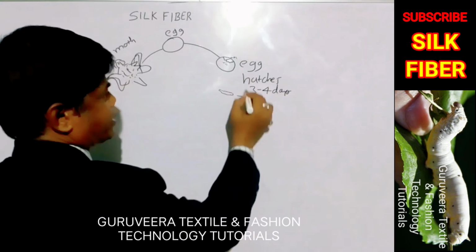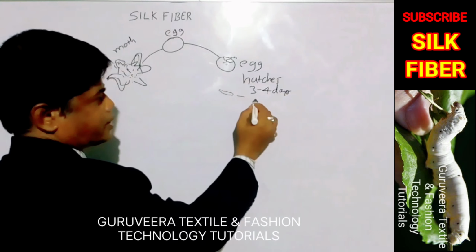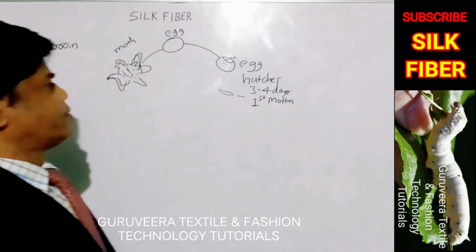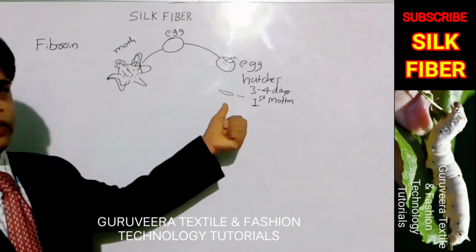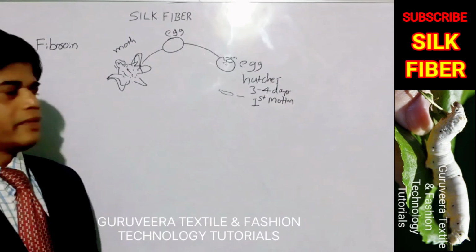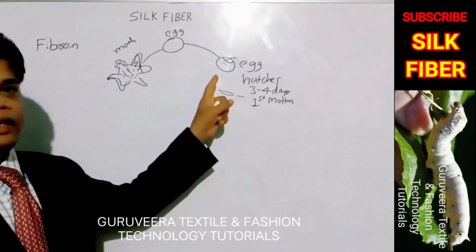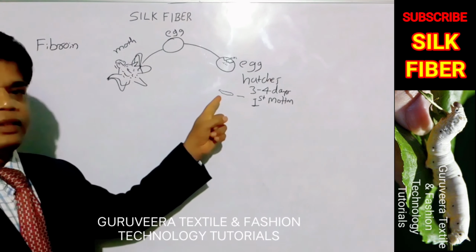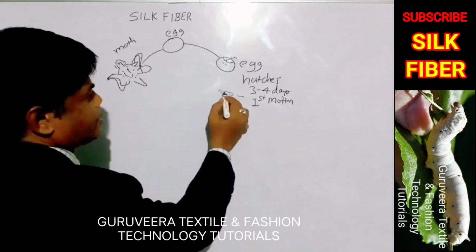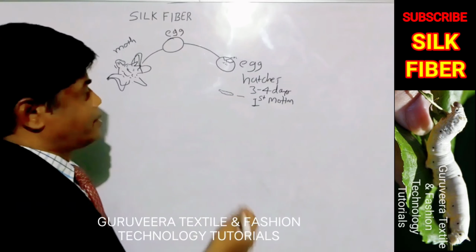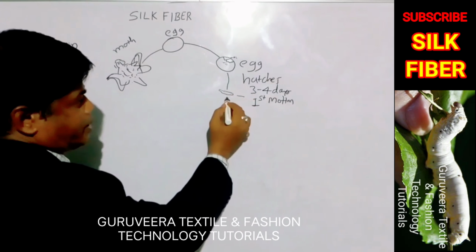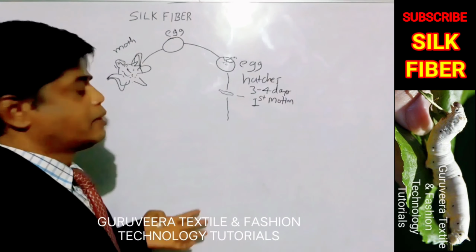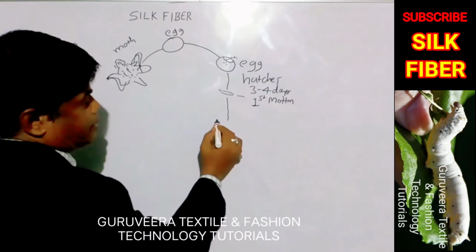From egg hatch to this stage, this is the first molt. This is the first molting stage of the next generation of this moth. I'm not using any name here, I'm just saying this is an insect, the next generation of this insect, in a teeny form. And again it develops, which means its body grows day by day